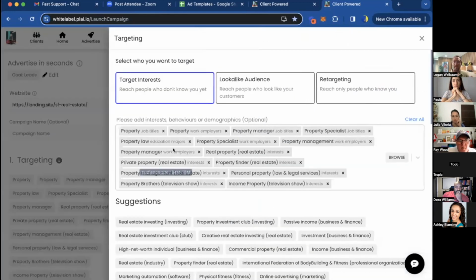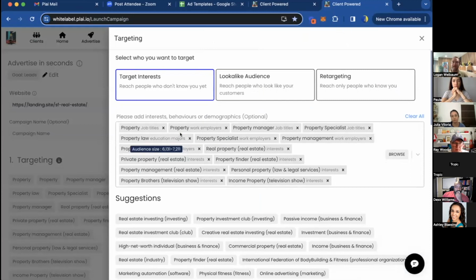Maybe Facebook would be a better example to show you. We'll break this out into maybe a property group, maybe a job title group, and you can just select them and launch multiple ad sets or ad groups in one campaign. So it's really helping you create even more A/B tests, and you can still keep the same budget. It's not about adding more budget here. It's just about adding more tests into your campaign. So that's something else that we're working on. That's probably going to be live in about 2 more weeks, this multi-ad set and multi-ad group feature.